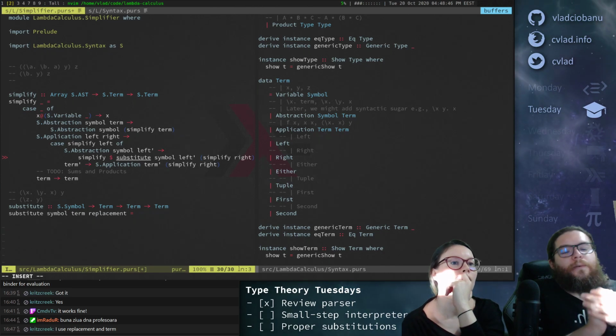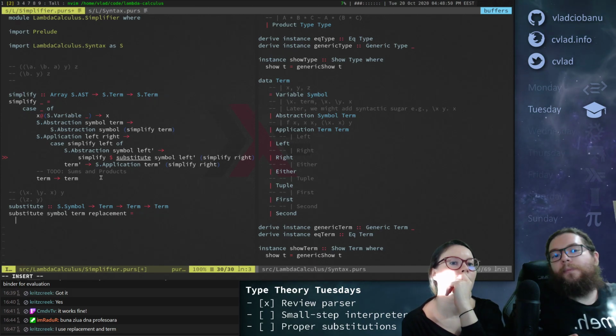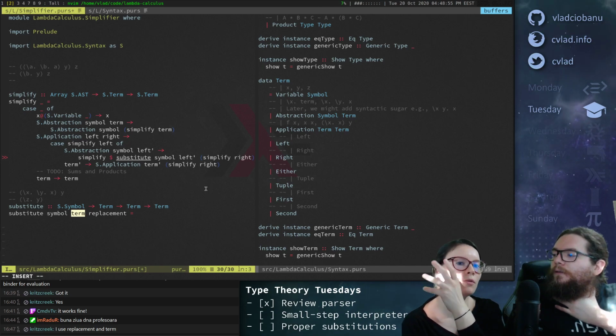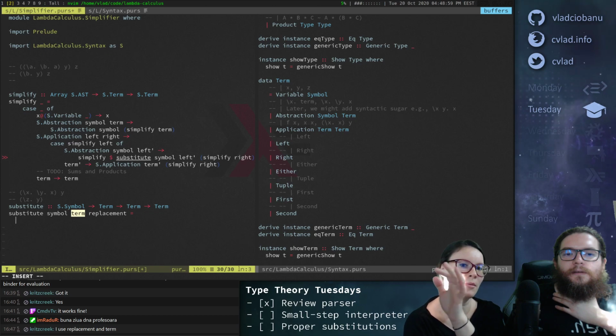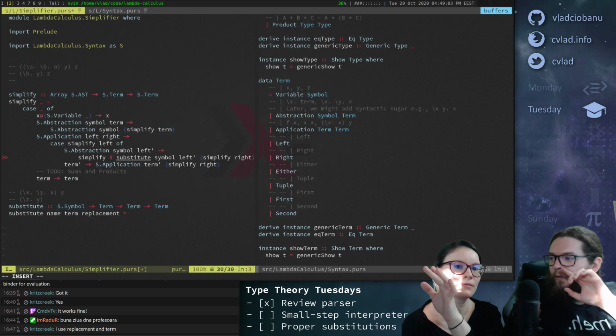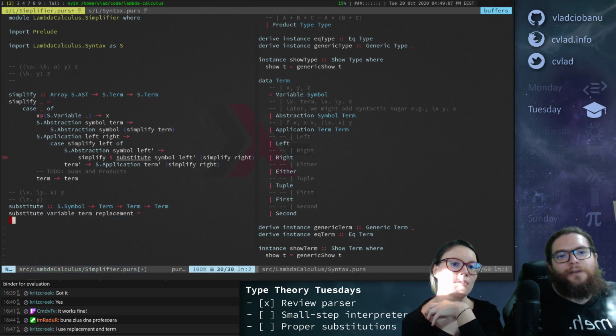Okay, so what do we do? Well, again, the only thing that makes sense is to pattern match on term, right? Maybe it will be easier to read if instead of symbol you would write variable. What about name? It's a variable, right? Sure.